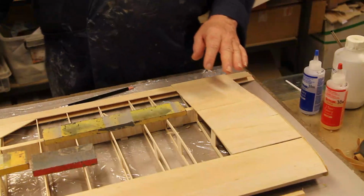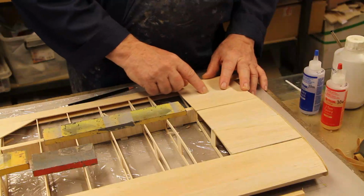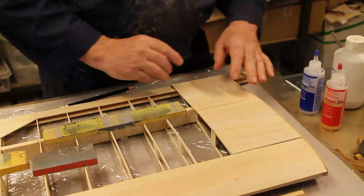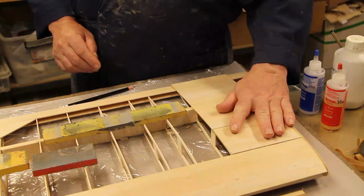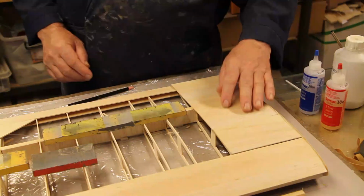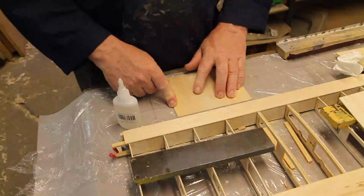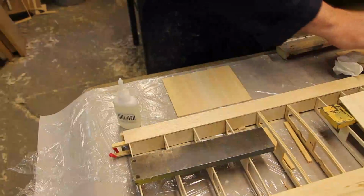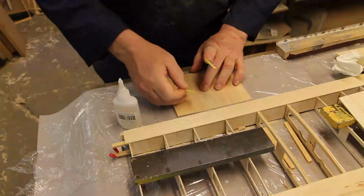I'm going to do them here to the side, so that I can get the joins really nice. You really don't want to sand this kind of structure after it's been glued down. So let's do that. When I glue together edge to edge balsa sheets like this, I lay them together and then put tiny bits of tape